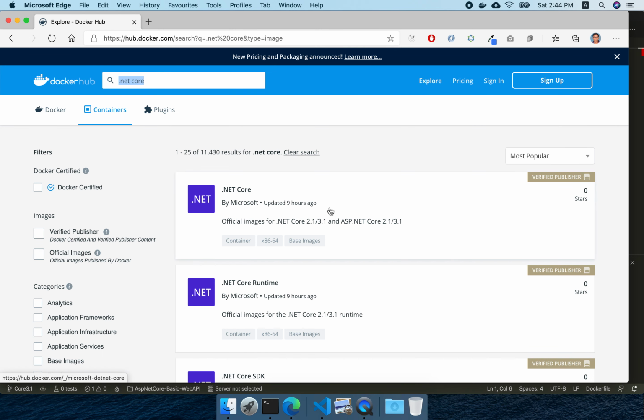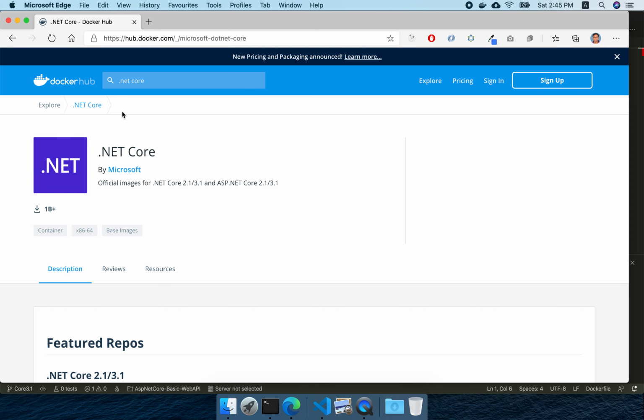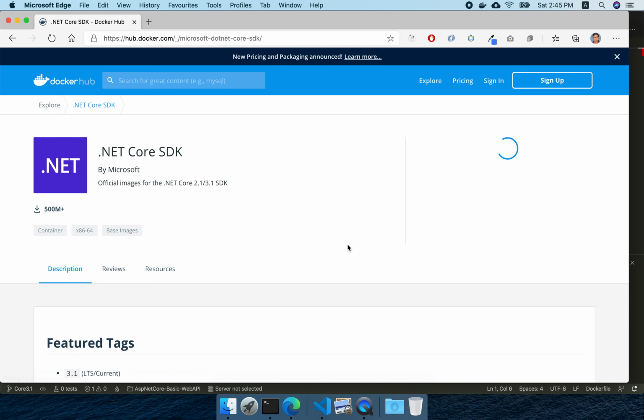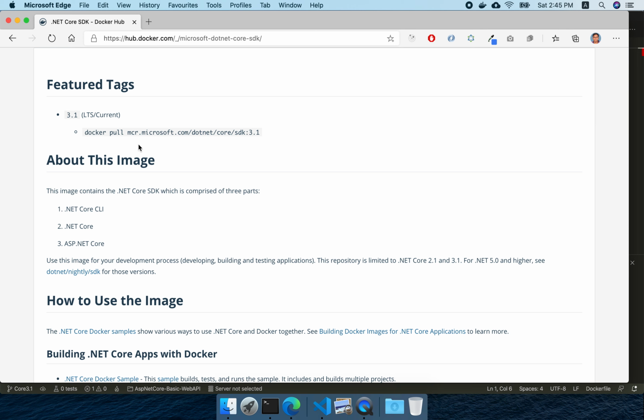For building we need a .NET Core image, so we'll use this. It is 3.1. Okay, we need this. So basically we had to get it from here.